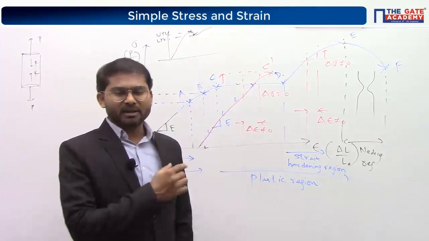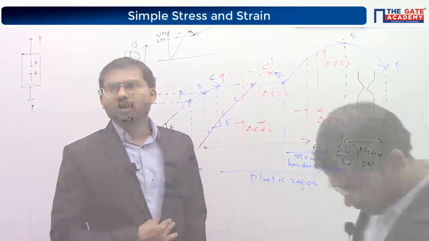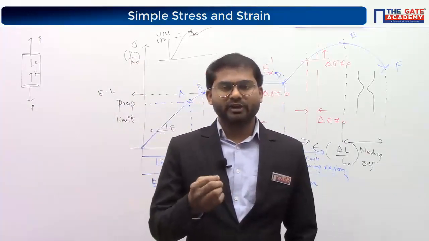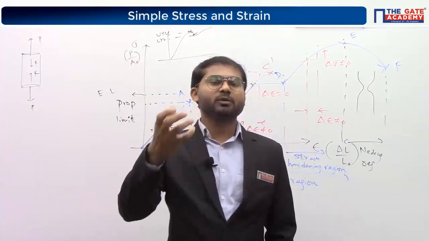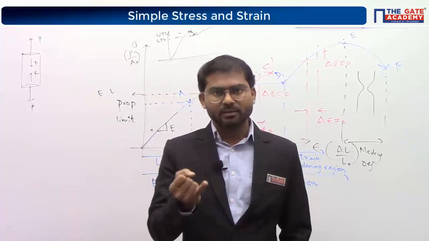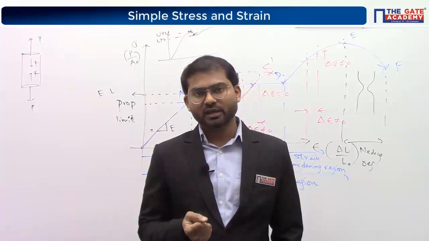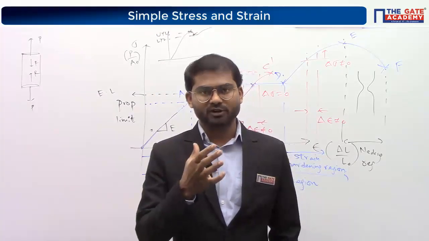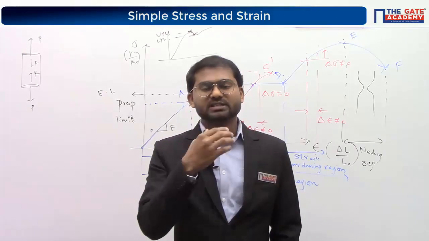I hope you're asking about multiple yield points. Whenever we are dealing with alloys where multiple elements are there, there's a probability that you'll have multiple yield points. For example, you take aluminum, a single element, or copper, a single element. There you will not observe the phenomenon of multiple yield points. Clear? Understood? So that's the reason why it's coming up there.